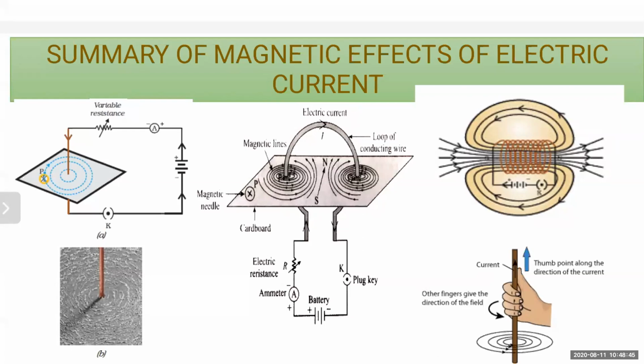This magnetic field totally depends on the shape and size of the current carrying conductor. Now look at the second figure. When we change the size and shape of the conductor, in the first diagram, the conductor is in a straight position. When we bend that conductor, the conductor is in a circular loop. Look at the second diagram. There is a circular loop.